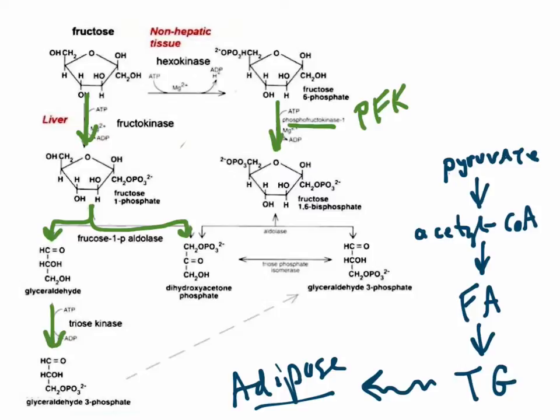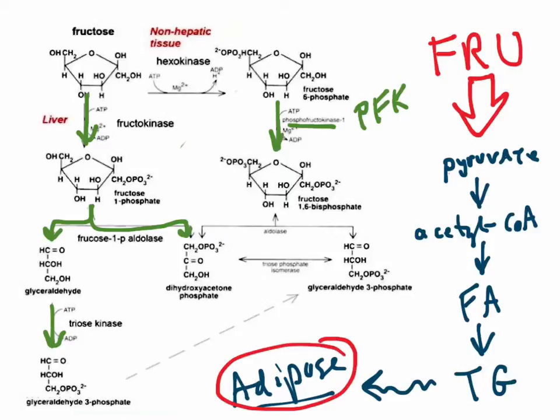So looking at the metabolic pathway for fructose metabolism gives us an understanding of why the increasing amount of fructose in the diet is a problem. This sugar is metabolized predominantly by the liver, and it goes through a different pathway, one that is not well regulated and which can result in the synthesis of fatty acids for storage as triglycerides.